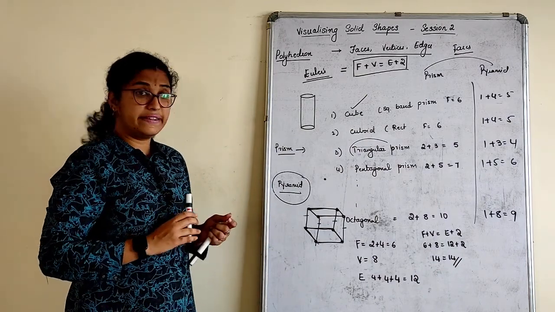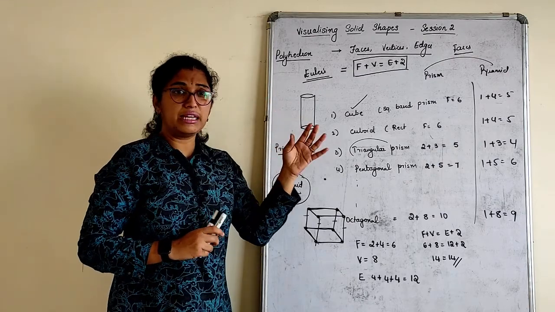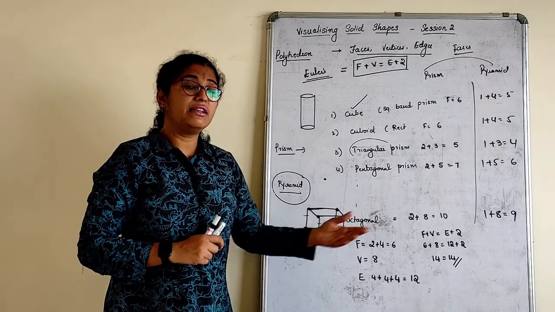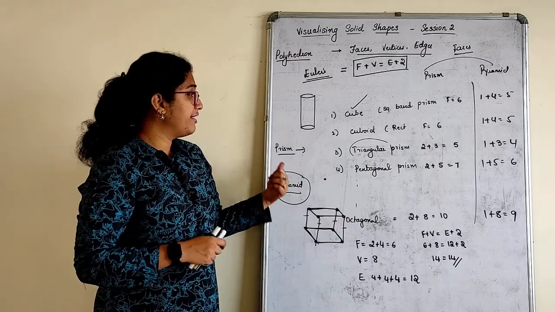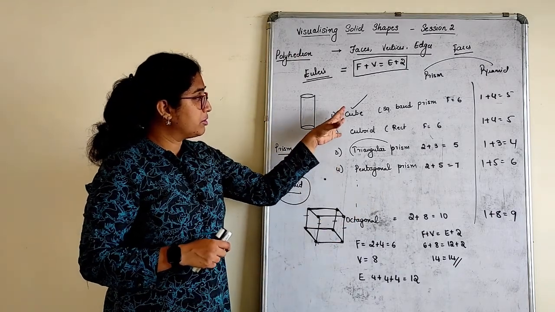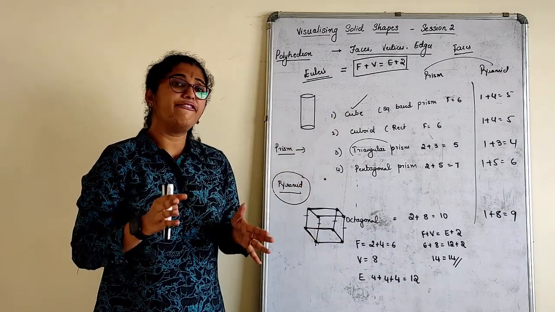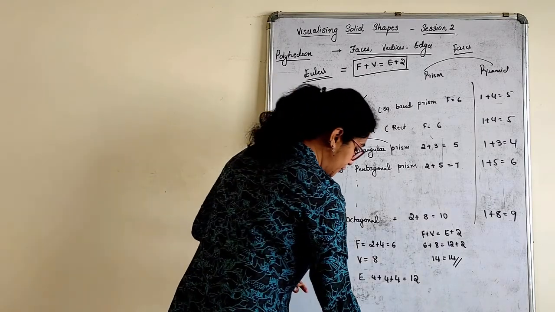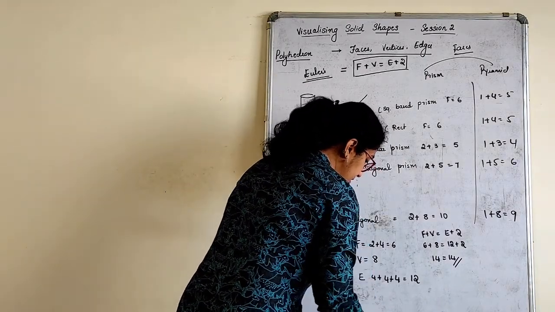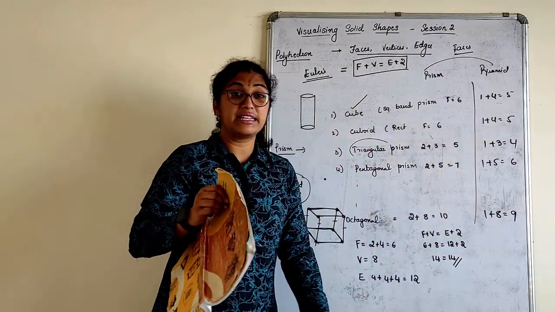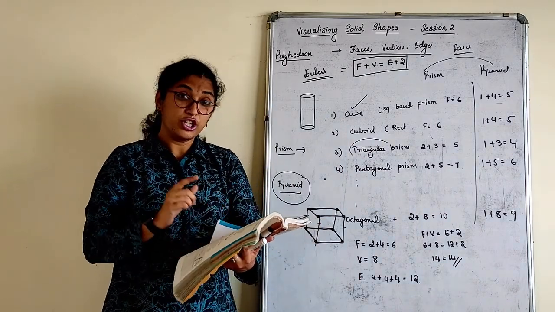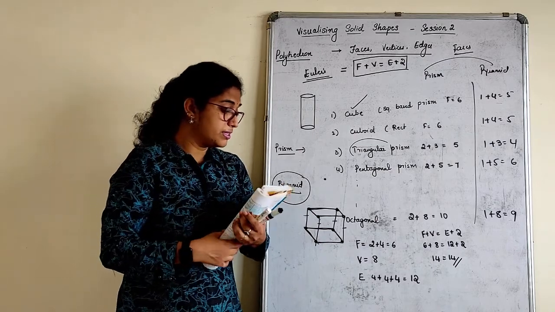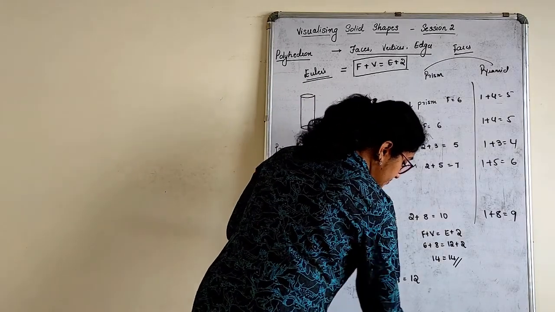So children, now you can give the heading as Polyhedron only. I will send a PDF of what you have to write about all these things. I will directly move to the exercise now. Definitions, all these about faces, vertices, edges, everything you will get in a small PDF on what to write from the definitions point of view. We'll quickly start with an exercise. It's a very small exercise and we'll also finish the chapter, that is, we will end the chapter today. Let's quickly begin. Some things are only to be marked in your book.